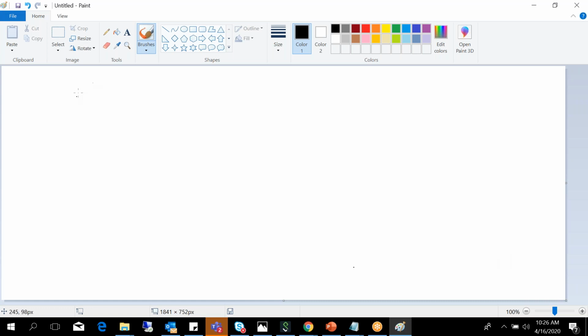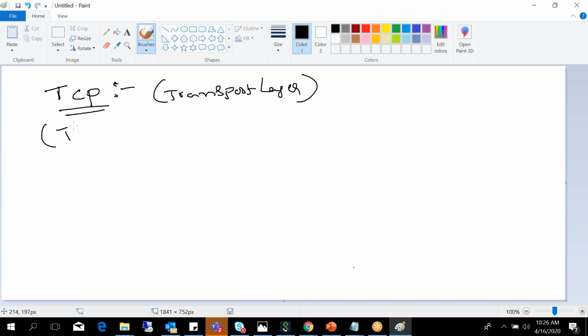So the first is the TCP protocol, which works on the transport layer in the OSI model. The full form of TCP is Transmission Control Protocol.